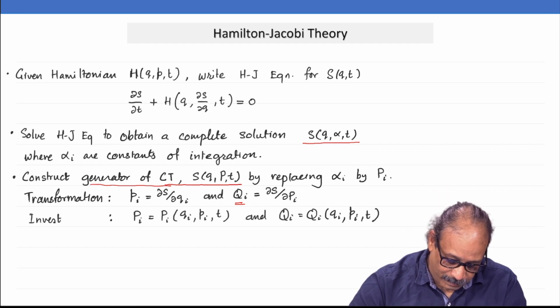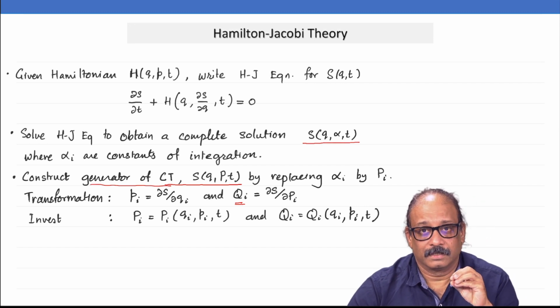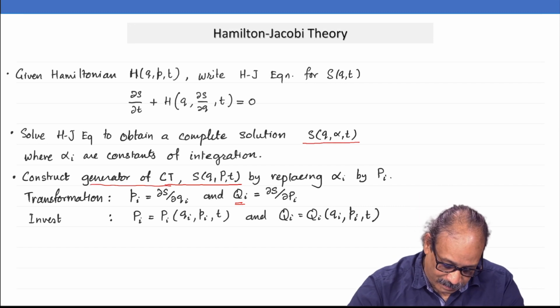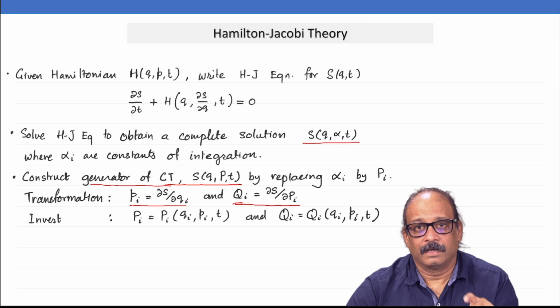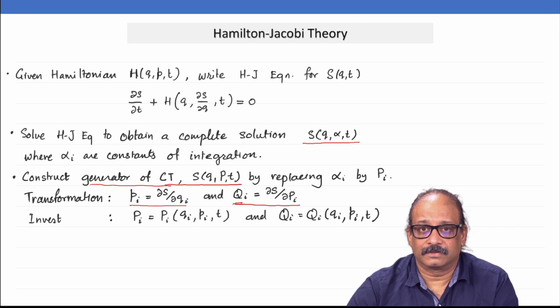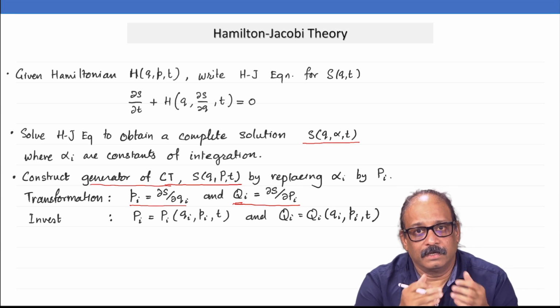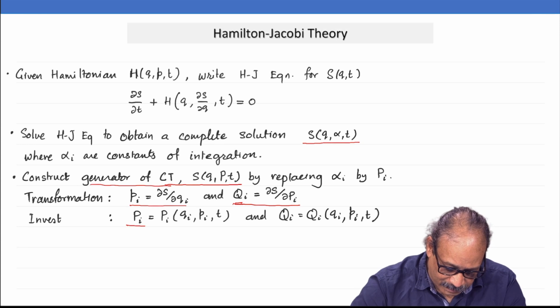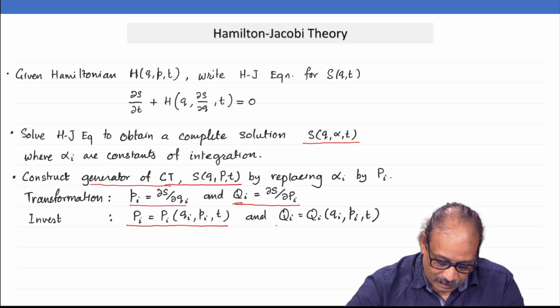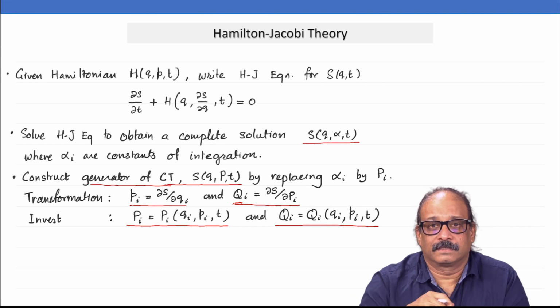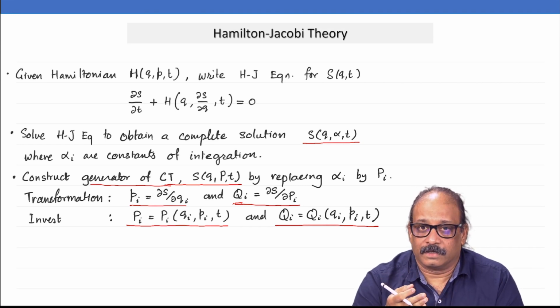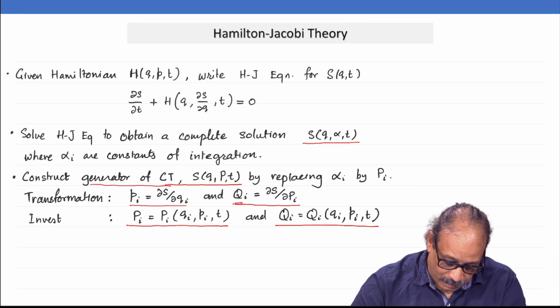Okay. So, once we do this, remember S is now in terms of q and P, and I of course can invert these equations. So, we will get these two equations where old momenta and new variables are expressed in terms of old coordinates and new momenta. Now, what I am going to do is invert this and finally write the correct transformation equations which we want, which is new momenta and new coordinates in terms of old canonical variables. Okay. Now, see what happens.